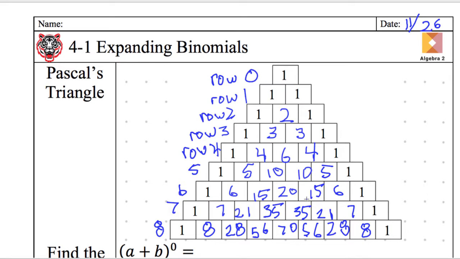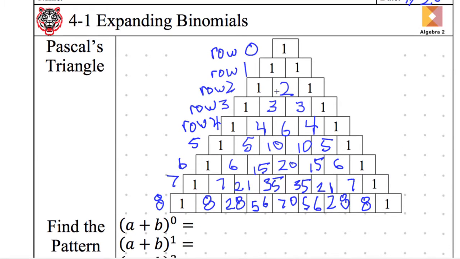All right, so now it makes sense why I call this row 0, because row 8 goes 1, 8, row 7 goes 1, 7, row 6 goes 1, 6. It makes a lot of sense to call these rows the way that is listed here. And you might be asking yourself the question now, why are we doing this? Isn't this like for elementary schoolers? Yes and no. It's used in a lot of high-level math, and this is one of the high-level math things